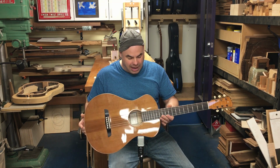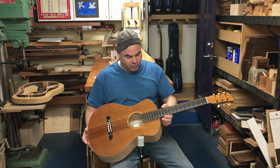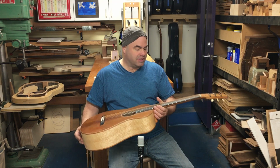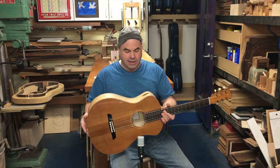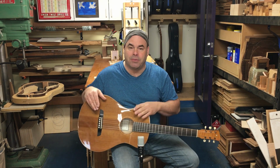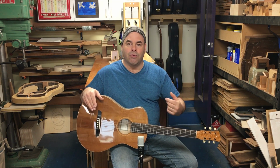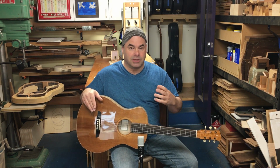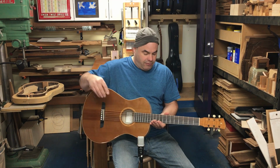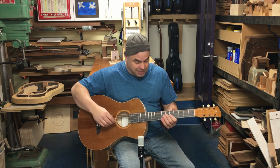The Lion is my 14-inch model, and this one is set up with a 12-fret neck join. Gives it a really nice warm sound, as you heard. This guitar is a featherweight. It's very, very light, as you'd expect with maple and cedar. By the way, this is the second time I've built a maple and cedar Lion, and I like both of them quite a bit. Very direct, woody sound, very fast, responsive instrument, and a surprising amount of sustain for this guy. With those softer woods, I would expect a little bit less sustain, but